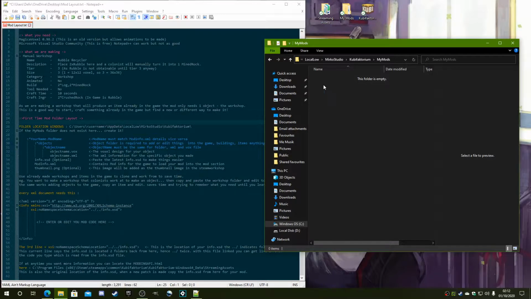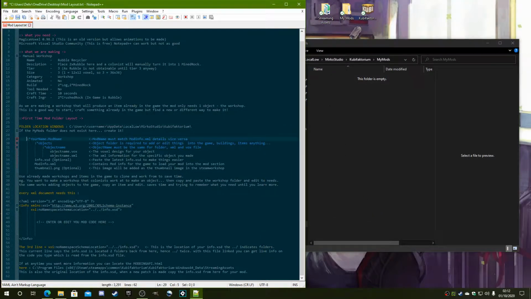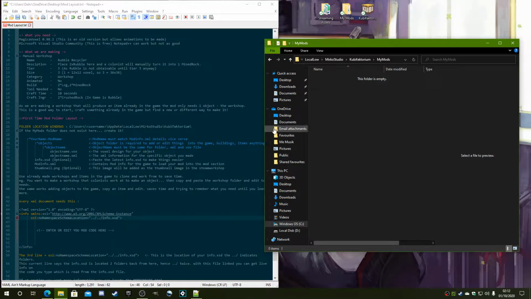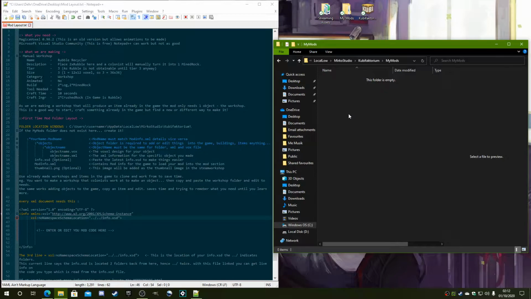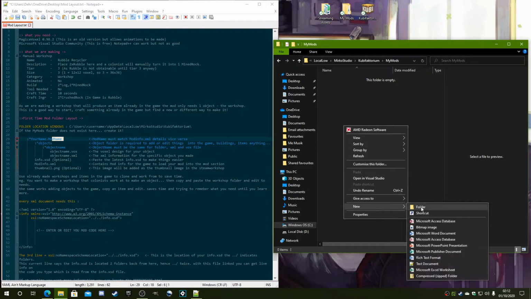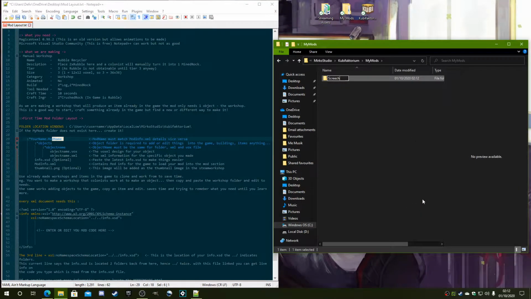Now from here we need to create the structure of it, and I've done a little diagram here with a bit of explanation. Again, you can pause the video if you want to have a little read through. I shortened that a little bit here. First of all, we need a folder with your name and the mod name. So we'll create one here, and I'll put in Screech, and we'll call the mod